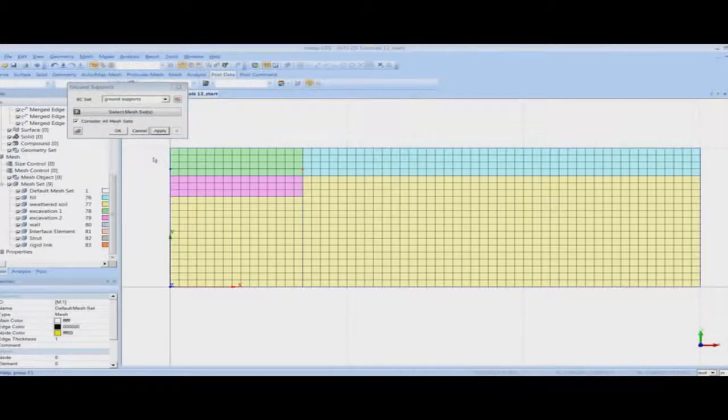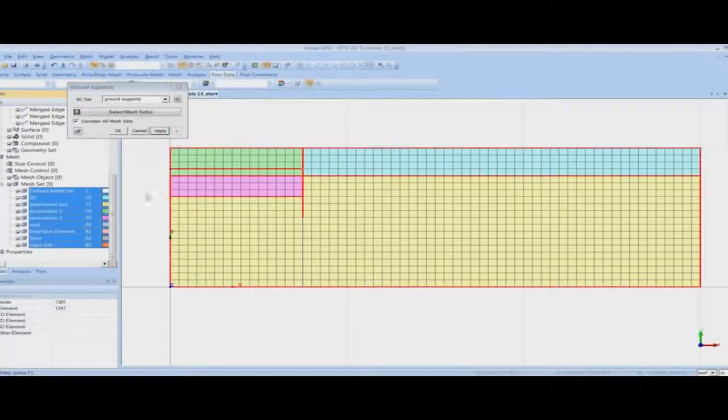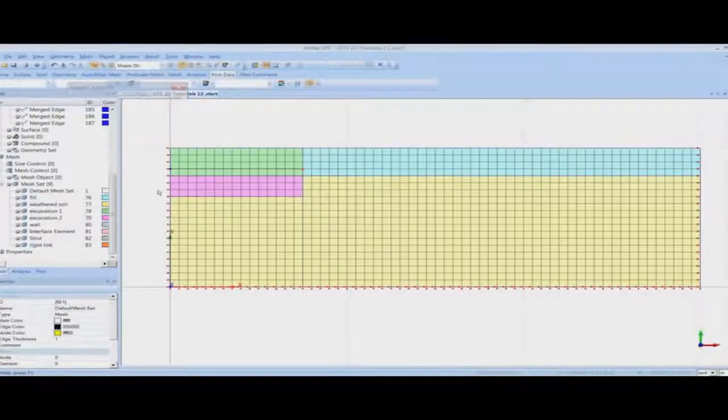In Midas GTS you don't need to select the outer edge mesh set, you can select all the mesh set, and GTS will automatically apply the ground support at the appropriate location. So here you can see that GTS has applied the boundary condition at the outer edge of the mesh set,